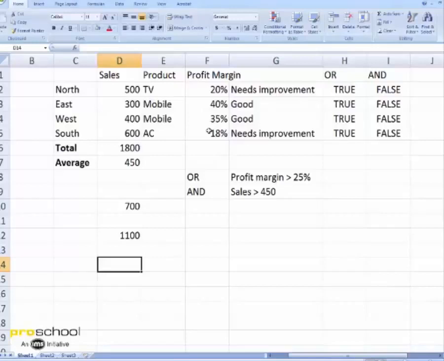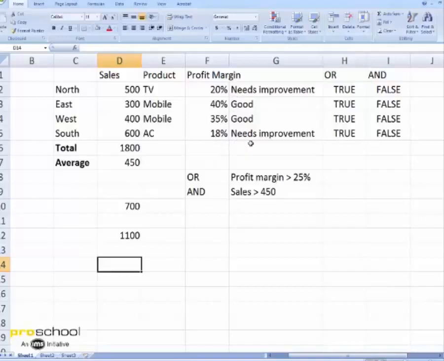Okay, so let's say I want to calculate my total profit. So the way you would calculate a total profit would be, you'll take sales into the profit margin, you'll get, say, the profit for north. Similarly, when you multiply sales and profit margin for east, you get the profit for east, and so on for each region. So you'll individually calculate profit for each region and then sum that up to give you total profit.